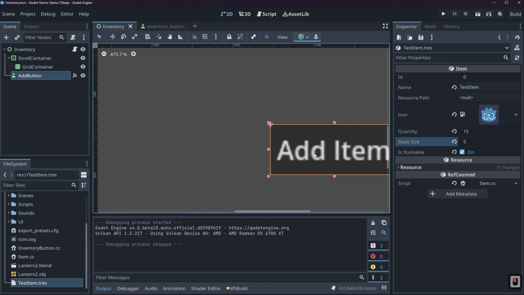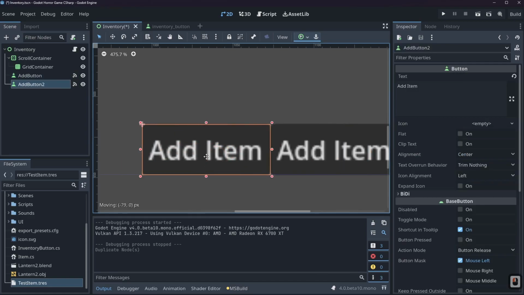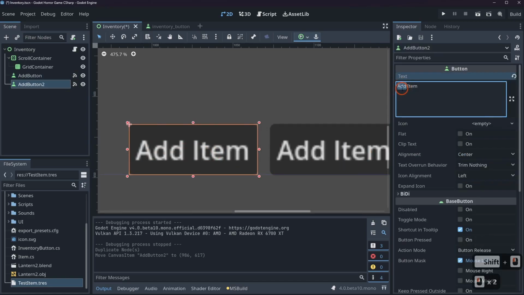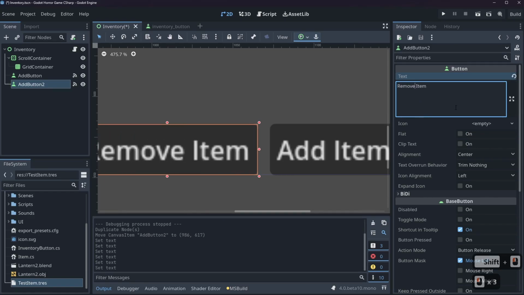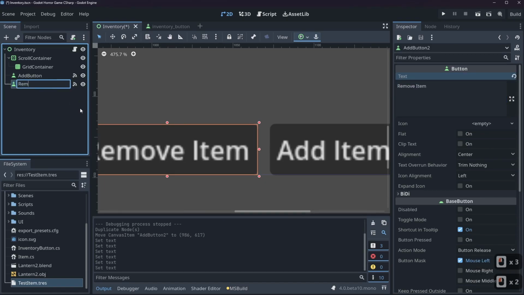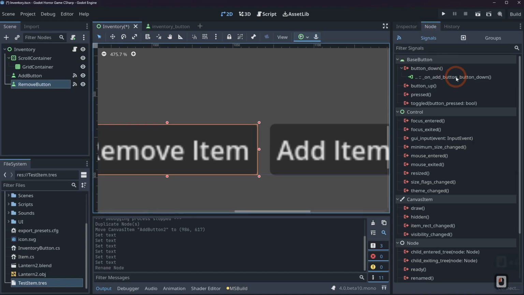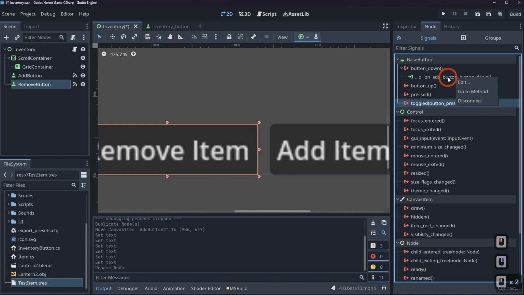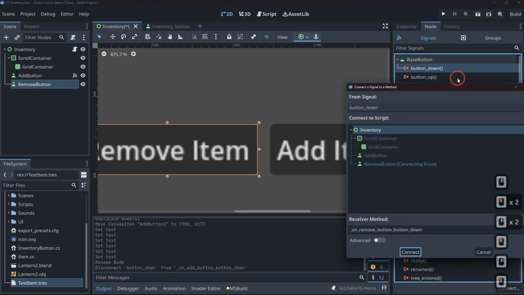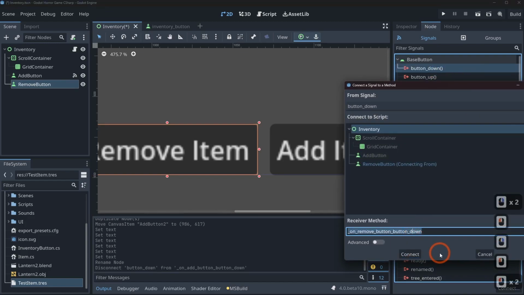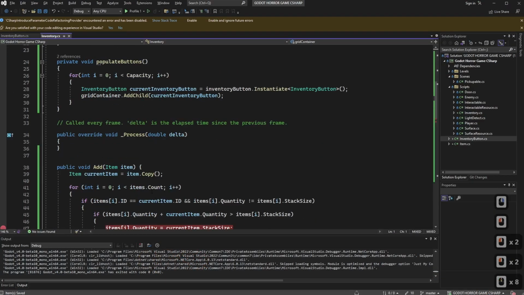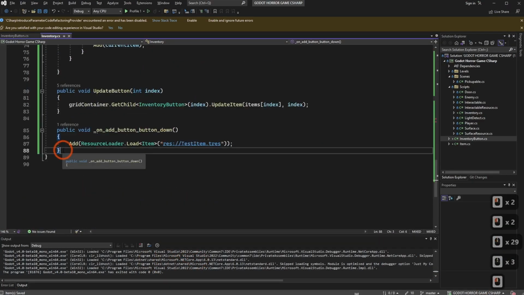If we come over to our add button and we duplicate it, we drag this guy over here like this, and we say remove item, like that. We can change our name to remove button, and we can come to our node and disconnect our method, and we can connect a method. I'm going to copy this guy, click connect, and scroll down to the bottom, and I'll say